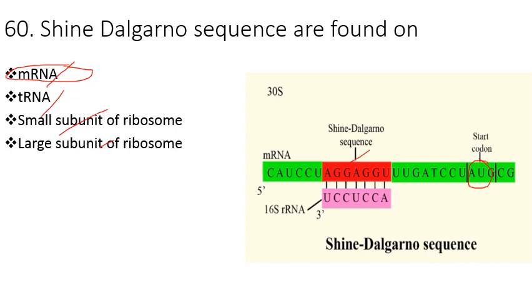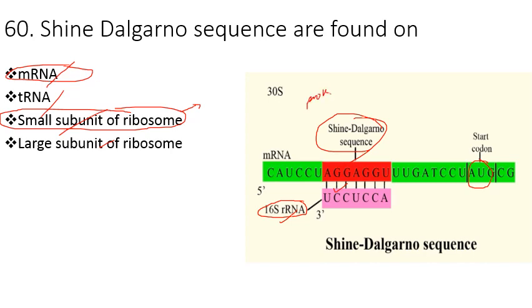These are sequences of bases which are known as Shine-Dalgarno sequences, and they act as an initiating site for the attachment of the smaller subunit of ribosome. It means the sequences complementary to the smaller subunit of the ribosome are found in these Shine-Dalgarno sequences. These are the complementary sequences of the smaller subunit of ribosome, that is 16S RNA, and are found mostly in prokaryotic mRNA, so they act as an initiating site for the attachment of